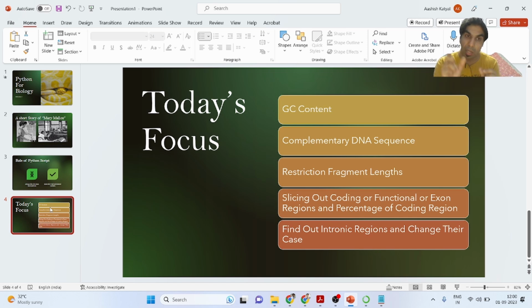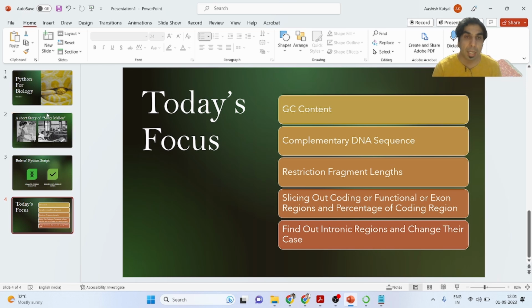We can find out whether our DNA or genome sequence consists of those regions or not by simply typing a script. We can find out if they are available, how many, and at which position. Along with that, if our genome sequence consists of any functional region, we can find that out too. If they are available, what is the length of that? What is the percentage of functional region in our genome? We can also find that out. If they are not functional, that is introns, then we can also find out the length of those intron sequences. All these things we can find out by using this particular Python script.